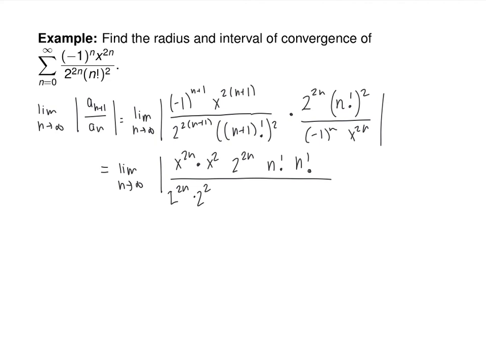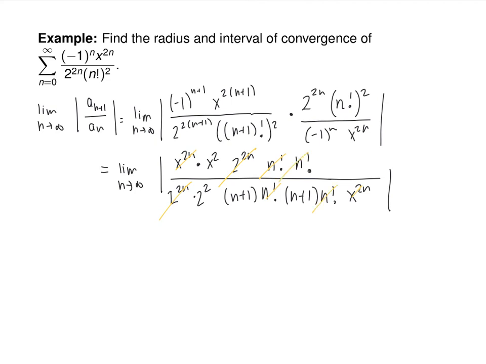Now (n plus 1) factorial is going to have n plus 1 times n factorial, another n plus 1 times n factorial. You've got x to the 2n from over there. Holy moly. A whole bunch of stuff cancels. So the x to the 2n and the x to the 2n, the 2 to the 2n, the 2 to the 2n, n factorial,